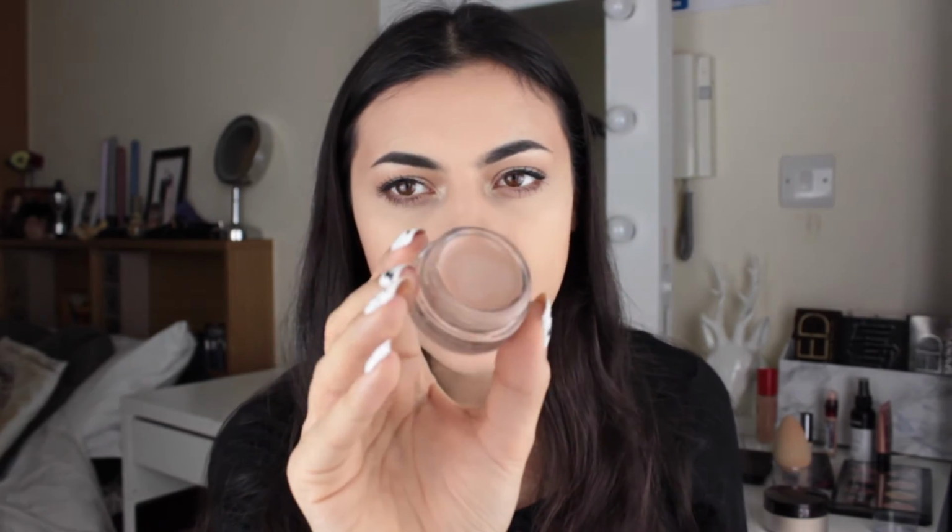My next item I had never thought I would ever buy. This is MAC Paint Pot in Painterly. This is like a skin coloured paint pot by MAC, for those of you who don't know, and it's basically a cream eyeshadow, but I'm using it as an eyeshadow base. I basically decided to get this because Nikki Tutorials uses a MAC paint pot in soft ochre, I think, rather than Painterly,